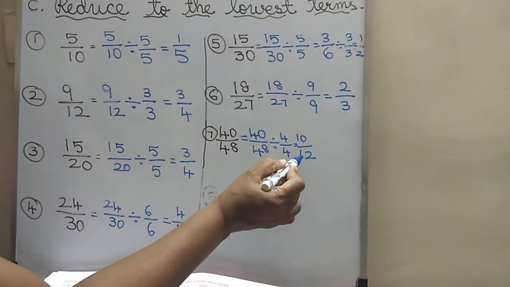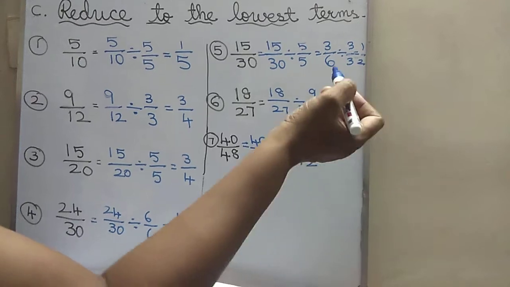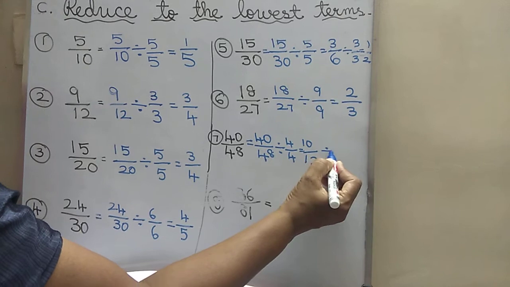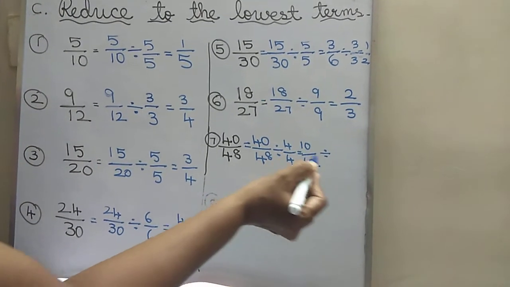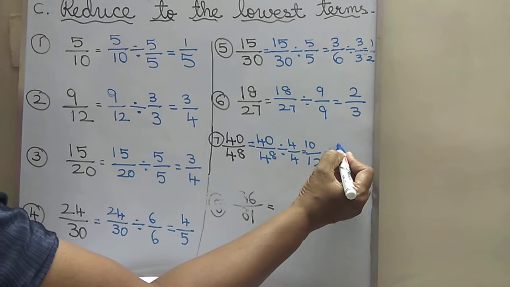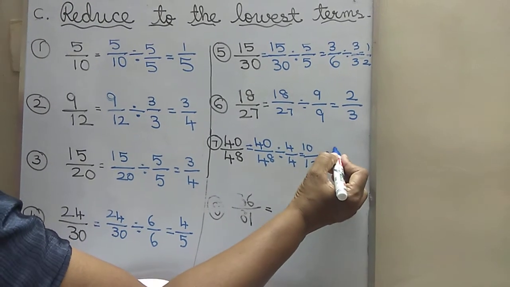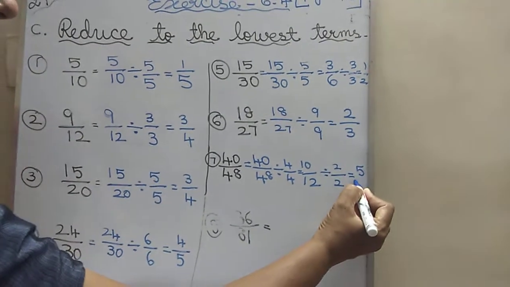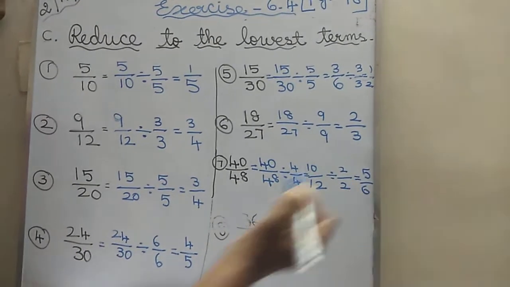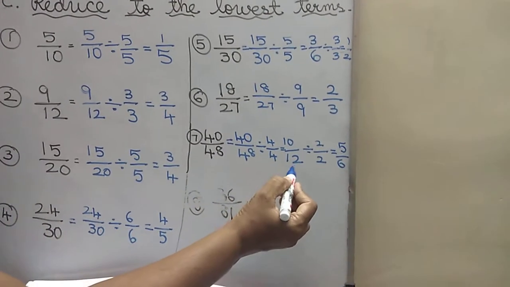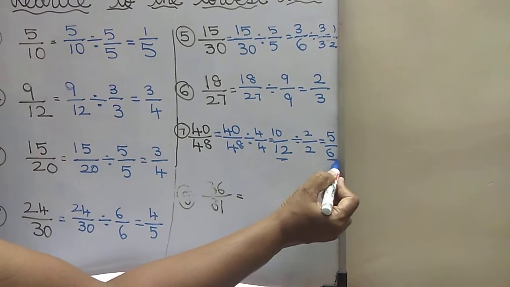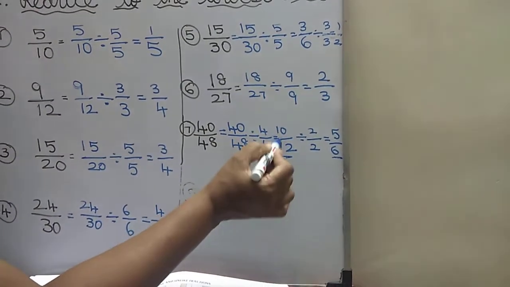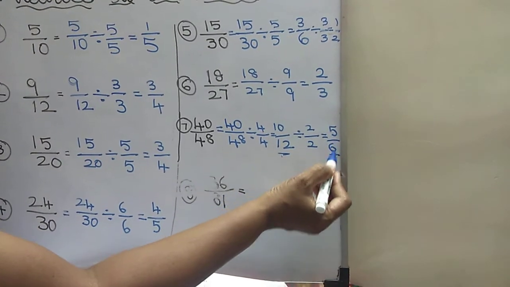So this 10 and 12 can be divided again in the same table. You have to write the symbol carefully. Don't write equal like that. See, it goes in what table, children? It goes in 2 tables. So what will come? 5 2s are 10 and 6 2s are 12. Okay, children, see, here one answer is coming and here one answer. But this is the correct one. This is the lowest term. This is also correct, but it can be divided. So this is the lowest term, 5 by 6.